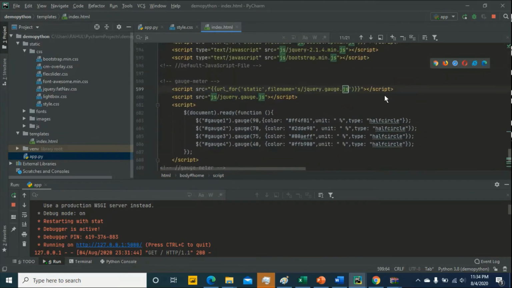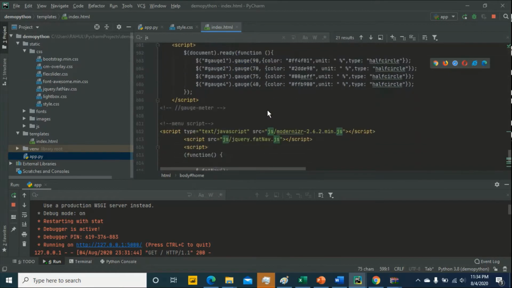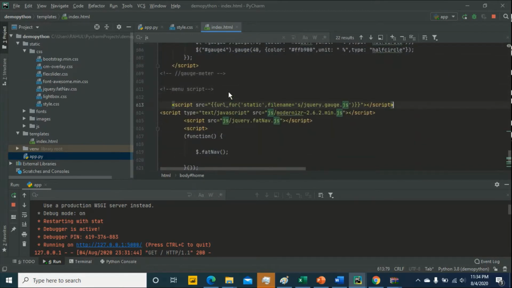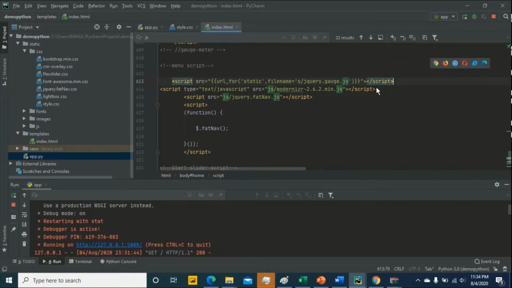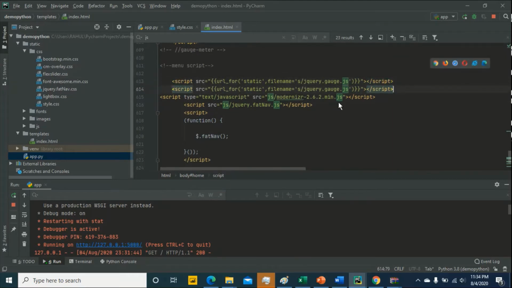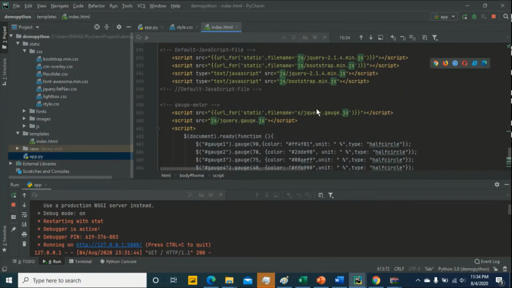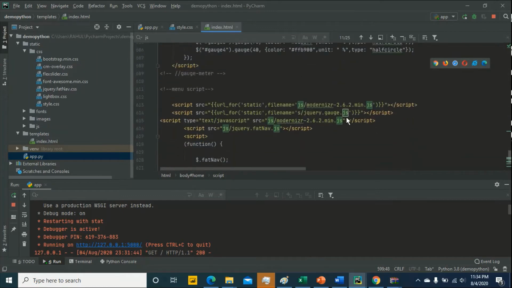Okay, same process for this one. Same, there are two JS. Then copy and paste. Please copy it properly, otherwise you get an error. Paste here.